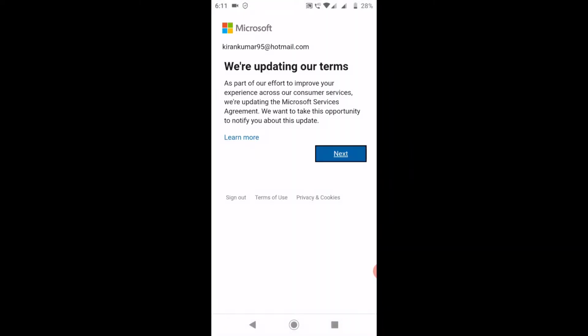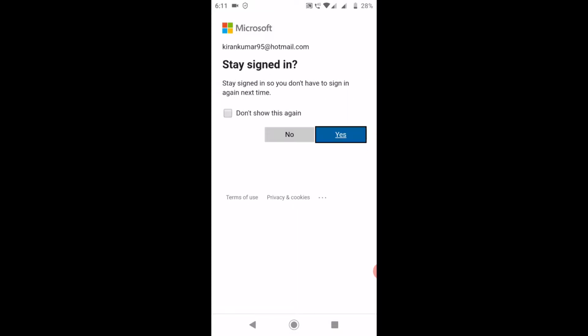You need to give the right password here. Everything will be taken care of by Gmail, so no need to do anything, stay signed in.